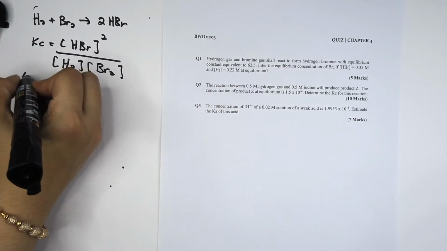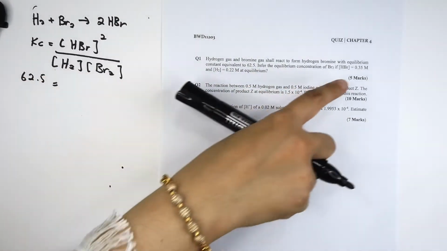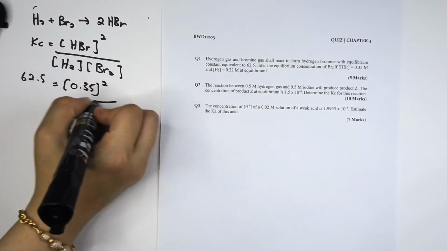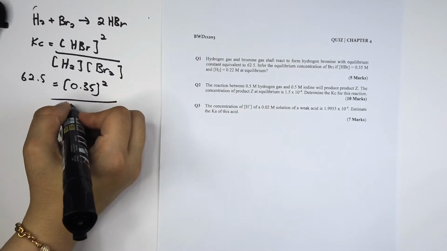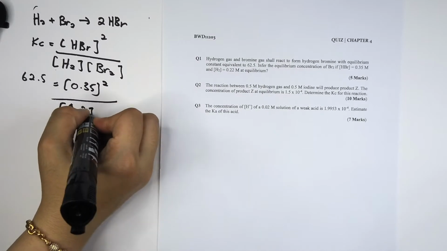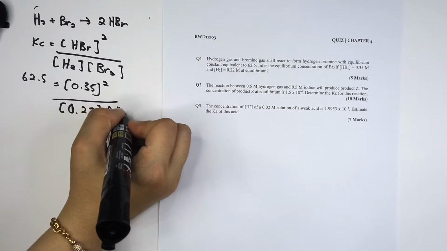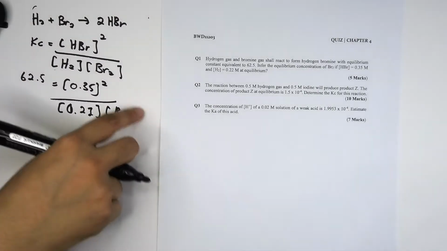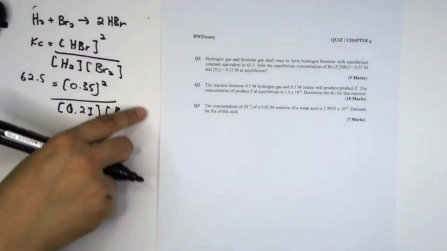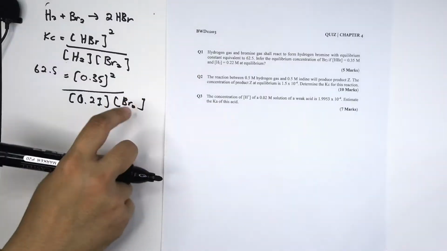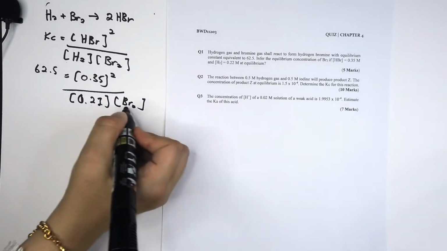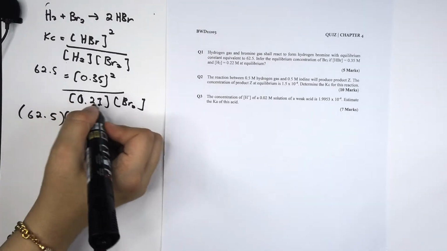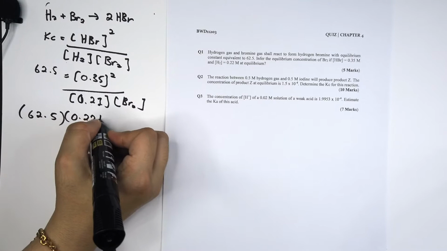So the Kc is 62.5, and the HBr is 0.35 squared, H2 is 0.22, and the concentration of Br2 is the one that you want to calculate, right? So what you can do here is that you need to bring this up. So we are going to bring this up here. So this one is 62.5 times 0.22 Br2